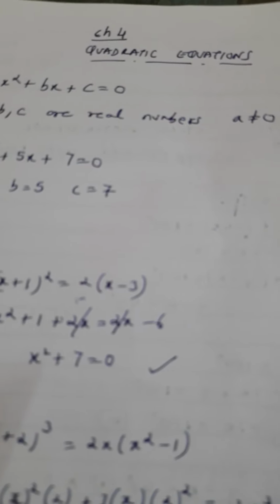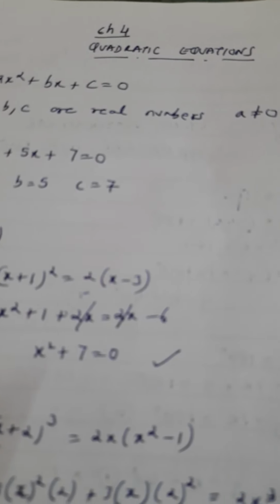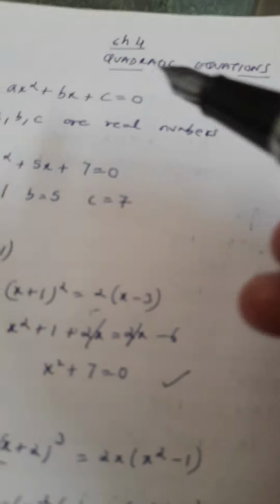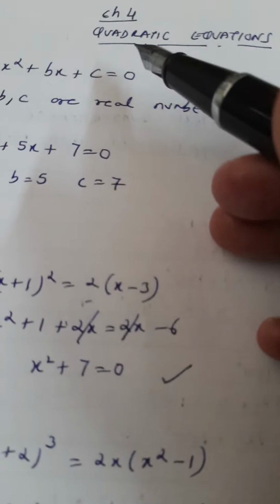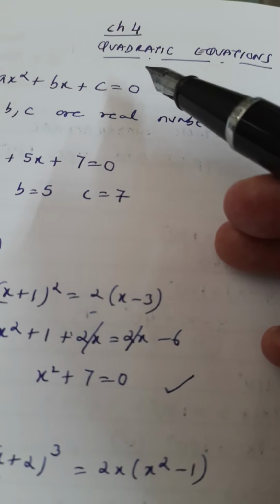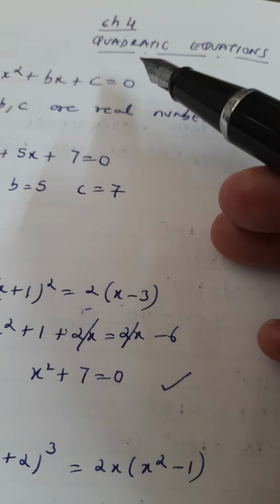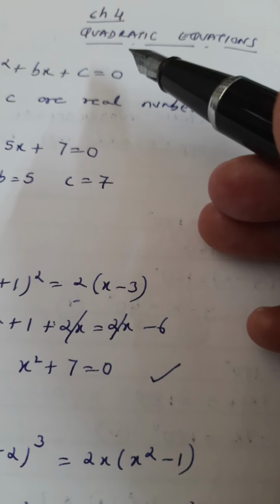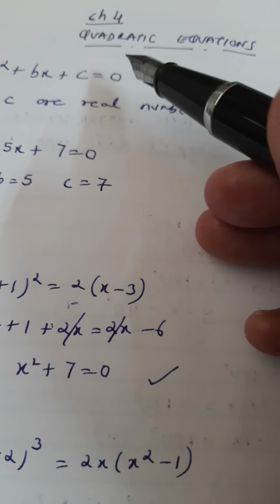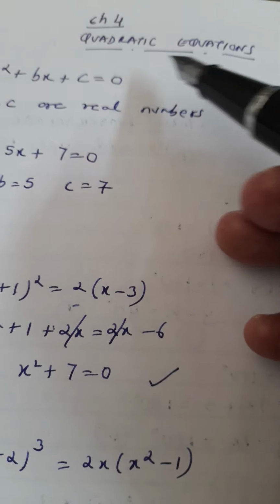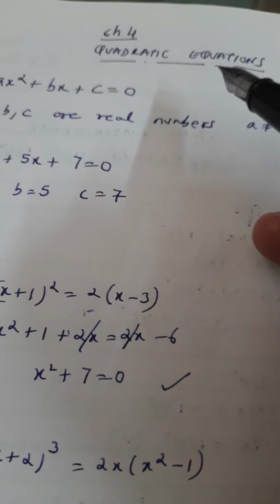So today we are going to start the chapter quadratic equations. Now you heard of this term quadratic in polynomials also, right? The word quadratic means the highest power or the degree is 2. Quadratic polynomial, if you remember, was a polynomial with degree 2. That means the highest power was 2. Now this is a quadratic equation.